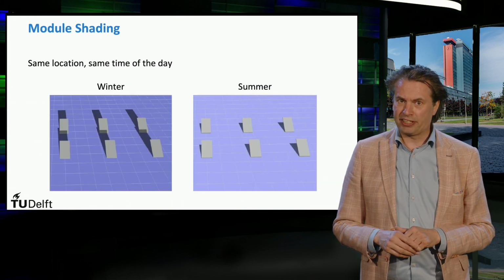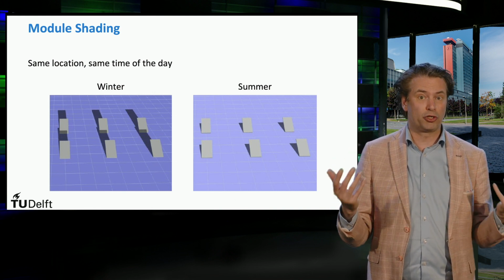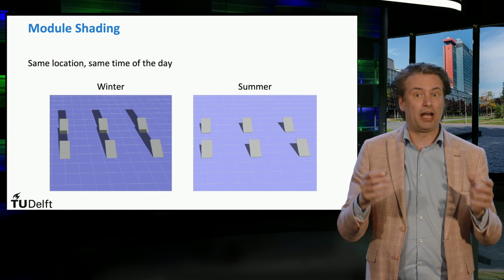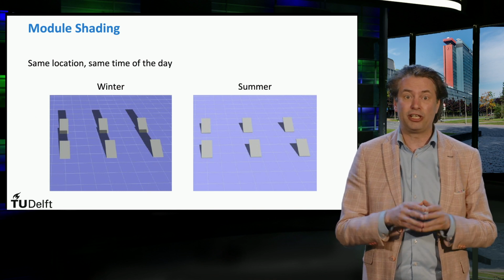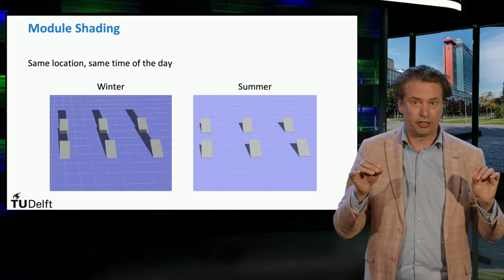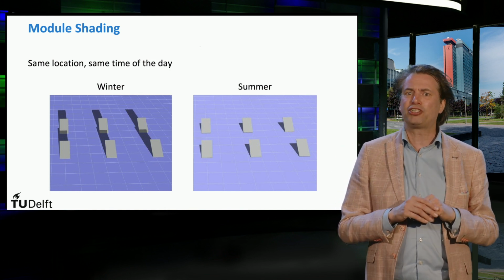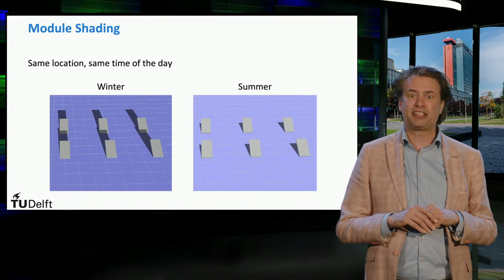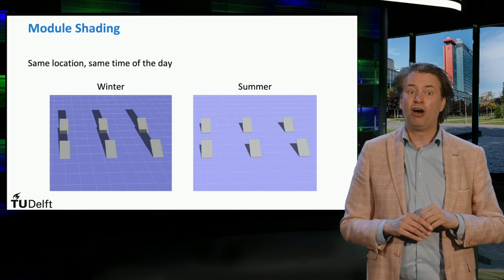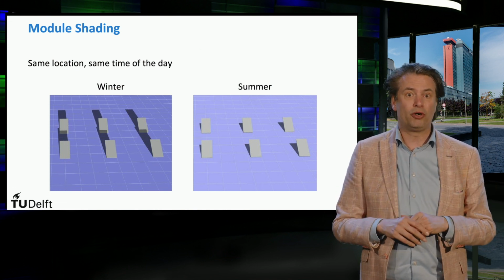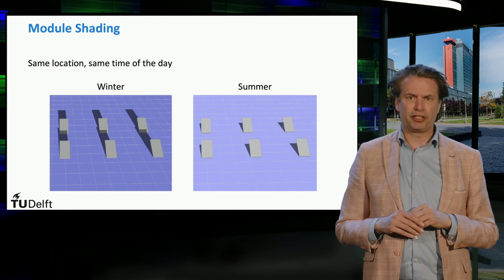These two representations are an example of the same PV system composed of two rows of identical modules with identical tilting angle and position. The only difference is that they were obtained by simulating the sun in two different and opposite periods of the year, winter and summer. In winter, on the left-hand side, the position of the sun is low on the horizon, and thus the shade cast is much longer compared to a typical day of summer, as the one simulated on the right side. So the length of the shadow is different during the year.